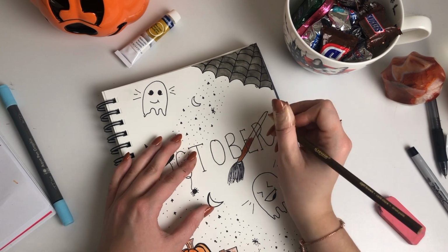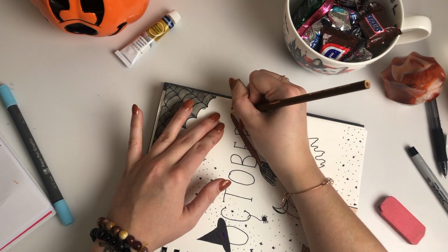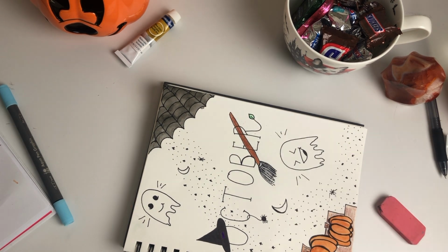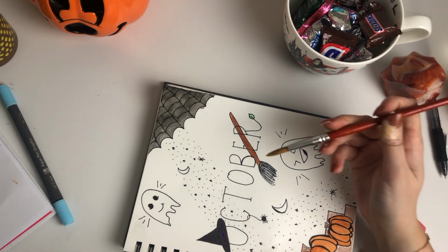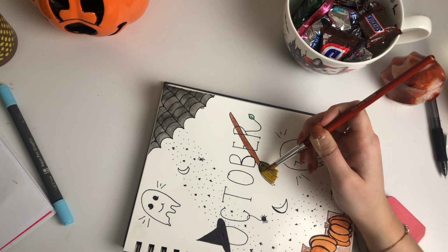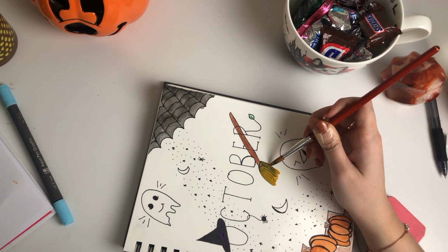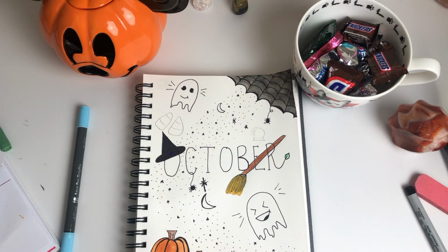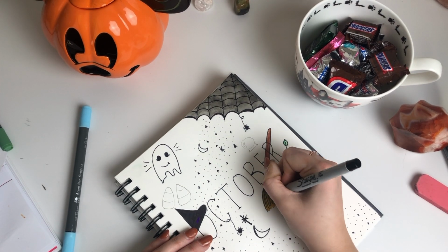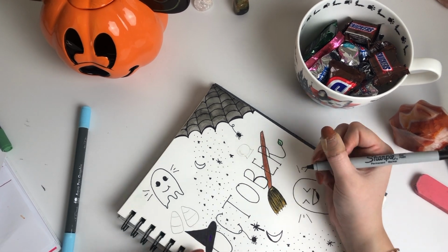Now I'm going in and I am just coloring it in with a brown colored pencil. Next, I'm going to be using yellow watercolor for the broom to give it that nice broom color. And then once that dries, I am going to go over the bristles with a black Sharpie, just to give it a little bit more detail and bring those outlines and those details back to life after they have been